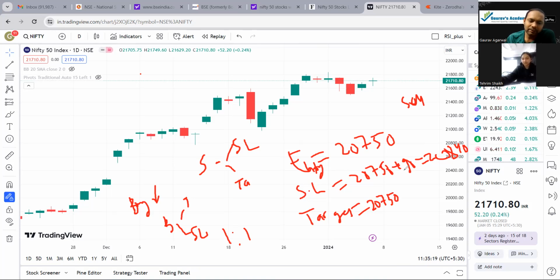Okay, so this is a sell trade. इसमें उल्टा होगा, जैसे बाइंग में स्टॉप लॉस नीचे था, टारगेट ऊपर था, राइट? सेल में स्टॉप लॉस ऊपर है तो टारगेट कहाँ होगा? नीचे होगा, राइट? Okay, तो 20750 माइनस 90. Minus 90. 20660, राइट? क्योंकि जब मैं सेल करूंगा तो प्राइस नीचे को आएगा ना.